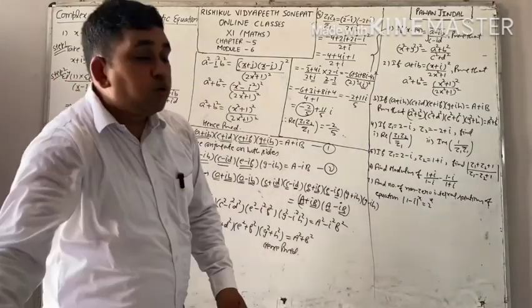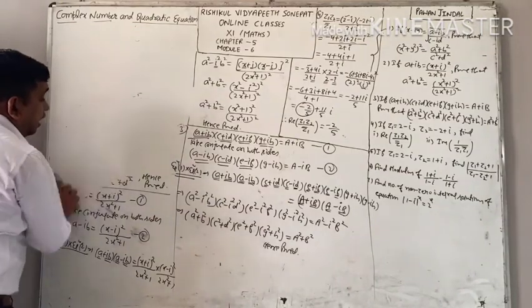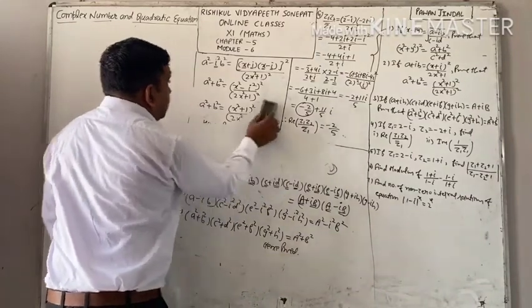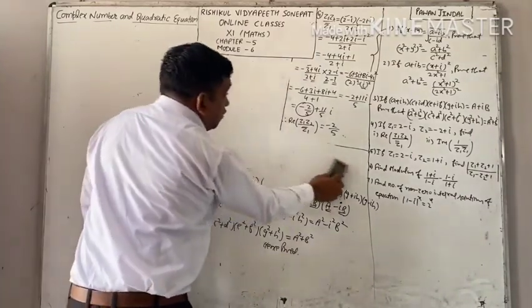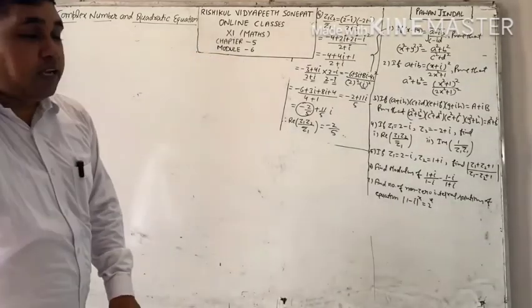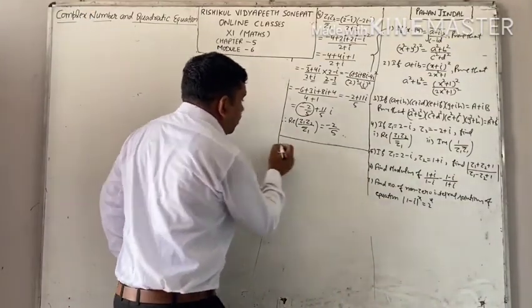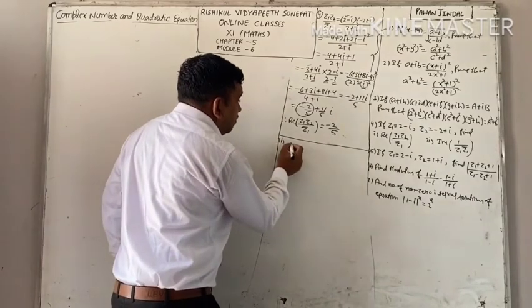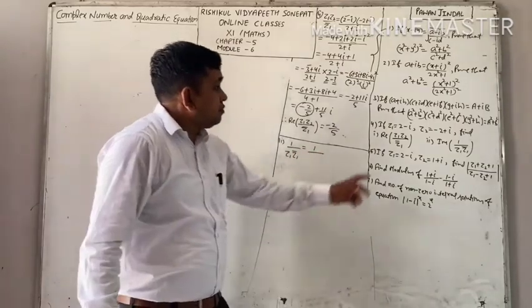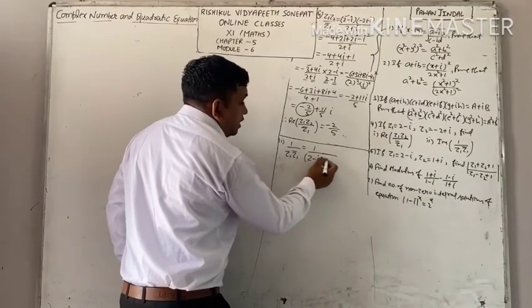Now we are going towards the next part, fourth question, second part. See how it will be solved. In fourth question, second part, what you have to find out? Imaginary part. Here you had to find out real part, but in fourth question, second part, you have to find out imaginary part of 1 by z1 into z1 bar. Therefore, first of all, you will find out the value of 1 upon z1 into z1 bar. See the value. 1 upon, what is z1? 2 minus i. z1 bar, it will become 2 plus i.